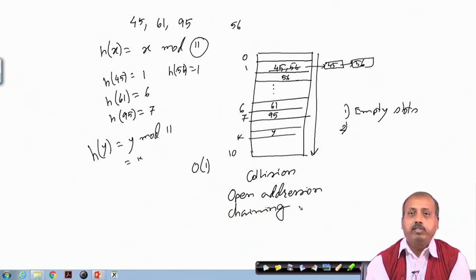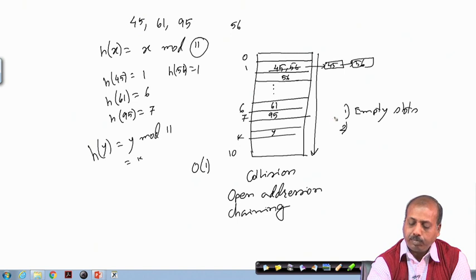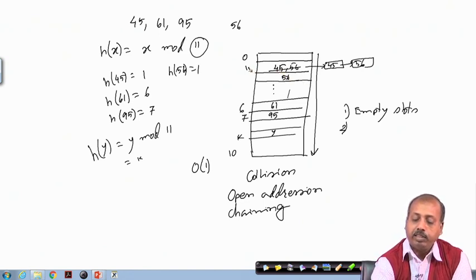Both methods have their overheads, as we need to somehow search through this chain or search through these entries. For example, if the query is 56 and we have used open addressing, applying the hash function we come to slot number 1, and then we have to go on searching from this point.